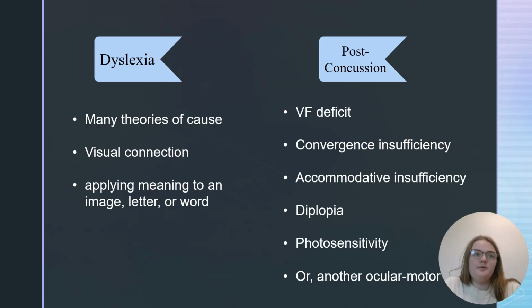These are a bunch of different visual symptoms that could arise if a kid has sustained some sort of neurological accident to the brain. Visual field deficit, potentially that's more related to a stroke, but it could be the case in a concussion. Convergence insufficiency, accommodative insufficiency, double vision, sensitivity to light, or another ocular motor deficit. But the most common that you potentially see are accommodation, pursuit, and divergence disorders, because there's this constant competition between